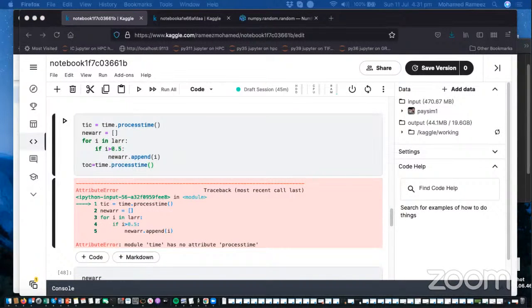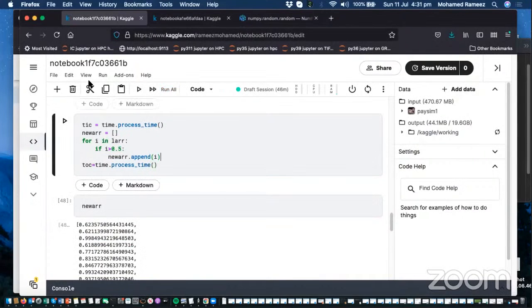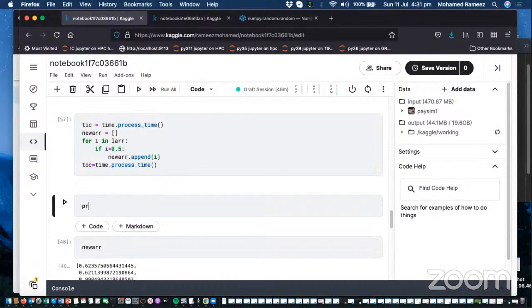Let me just examine what needs to be done. So right now I'm Googling what is the correct way to check the time using the time module, because I have forgotten what the function is. Yeah, it is process underscore time. This is how I went. Let us, so now I can do